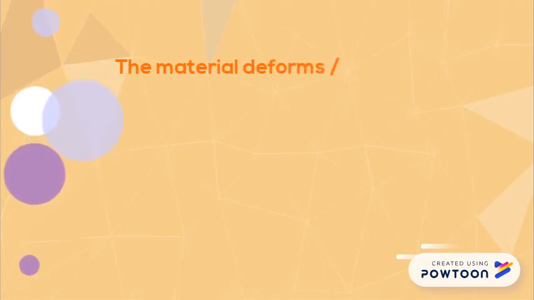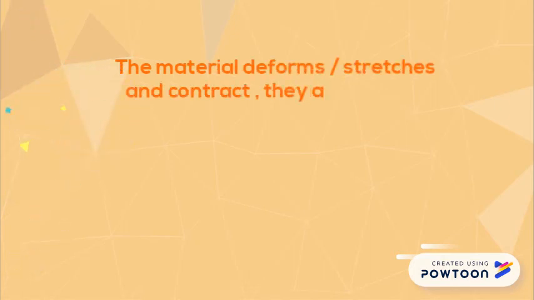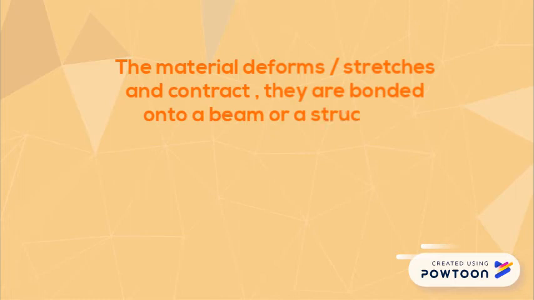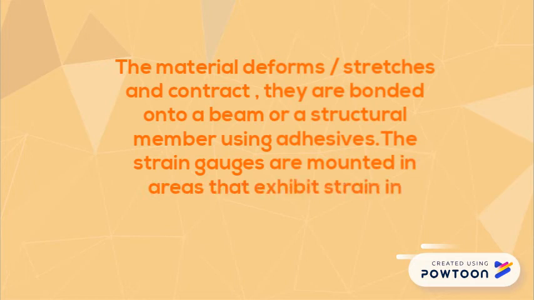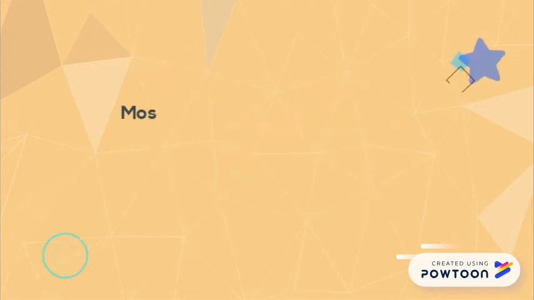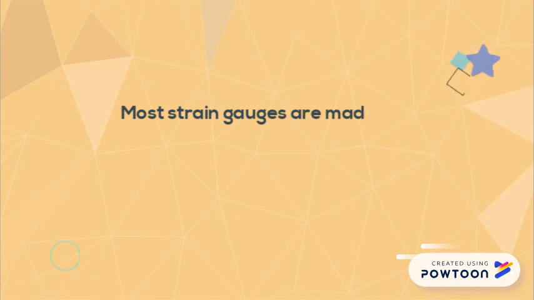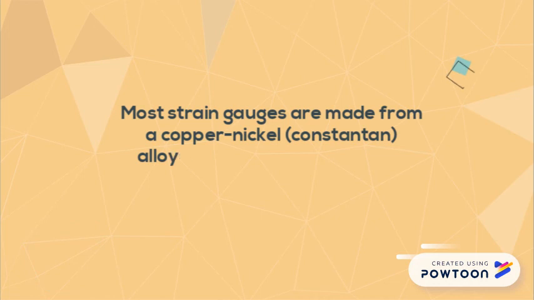The material deforms, or stretches and contracts. They are bonded onto a beam or a structural member using adhesive. The strain gauges are mounted in areas that exhibit strain in compression or tension. Most strain gauges are made from copper-nickel constantan alloys. The alloy metal is cut into zigzag foils to form the